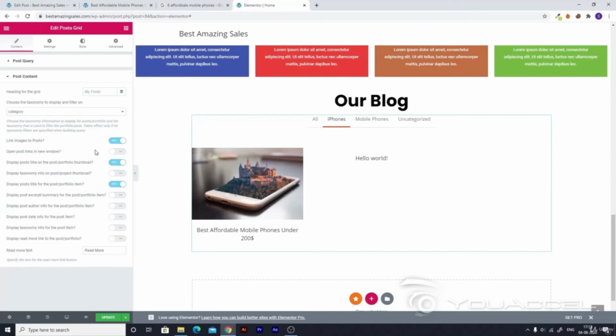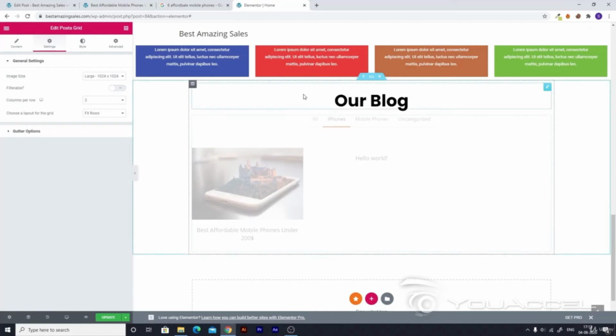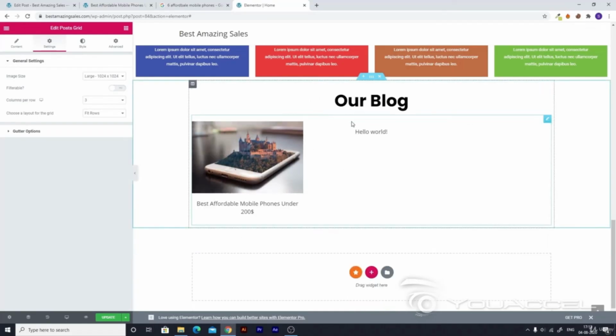So if you want to keep that category as it is, it's fine, but if you want to remove it, which we are going to do for our site, you can just go ahead and go to settings, and then general settings. This filterable option is there, and you just have to disable that, and this will remove our filtering options. And now you can see we only see the featured image of our post and our blog title,